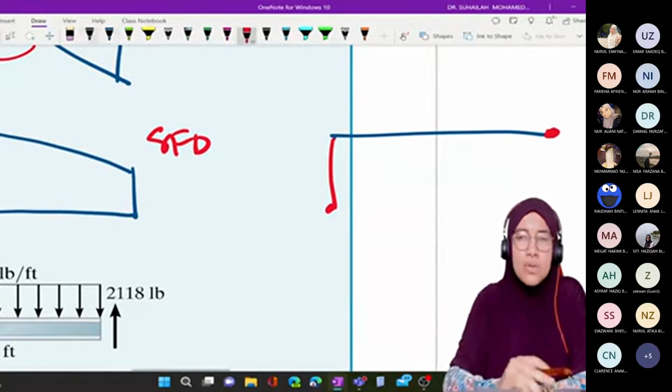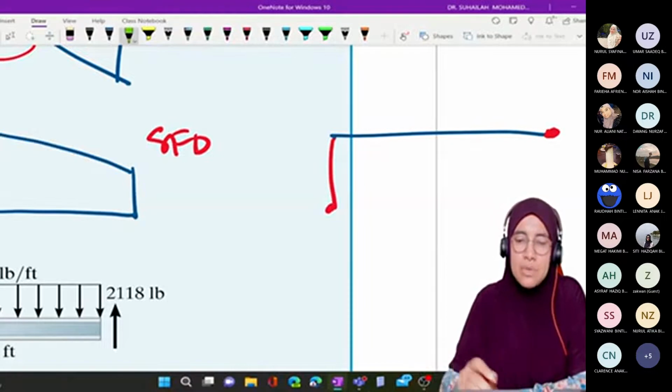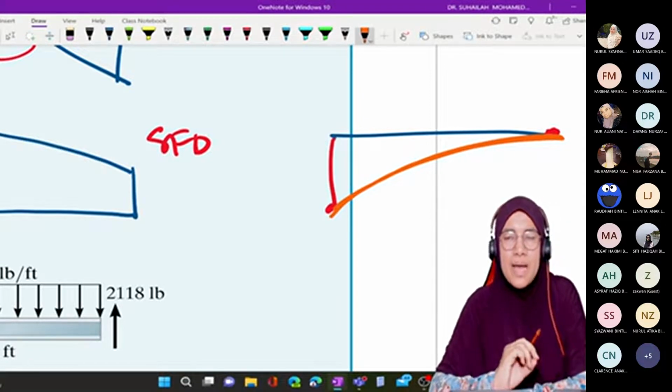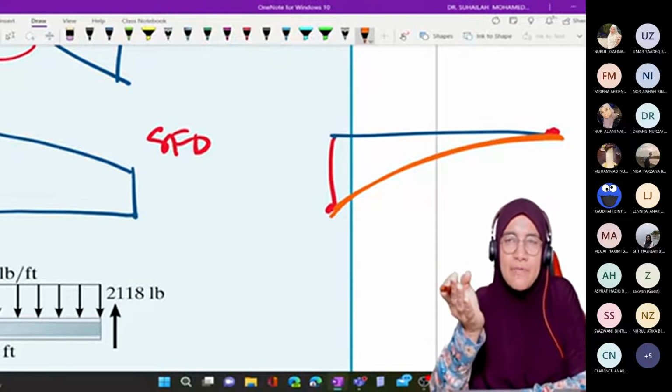Okay. So we don't have maximum moment. Maybe just like this, a curve. Okay, we don't have maximum moment. So in detail, if we want to have the detail